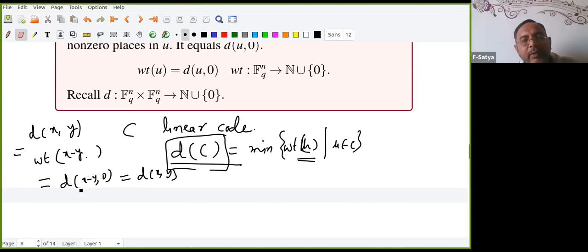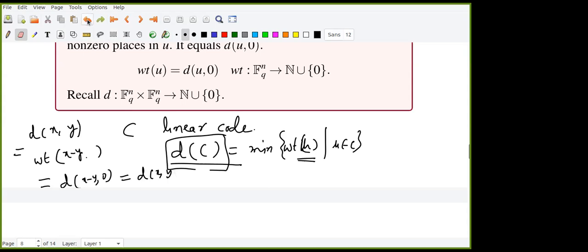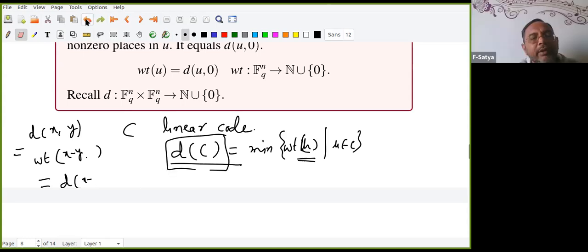See, x minus y is also a code word. This is a code word when C is a linear code. Any linear combination of two code words is again a code word. So I am computing weights only for the code words. The distance of x minus x comma y is the same as the distance of x minus y comma 0, but 0 is also a code word, and x minus y is also a code word. So the distance between two code words is now converted into only the distance from 0, and that is the same as weight. These are all the connections. Now is it okay? Yes, sir. So that is where we are using the linear code.